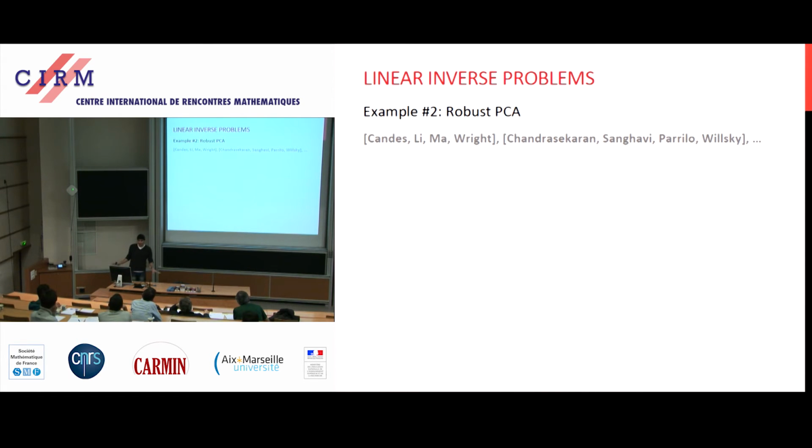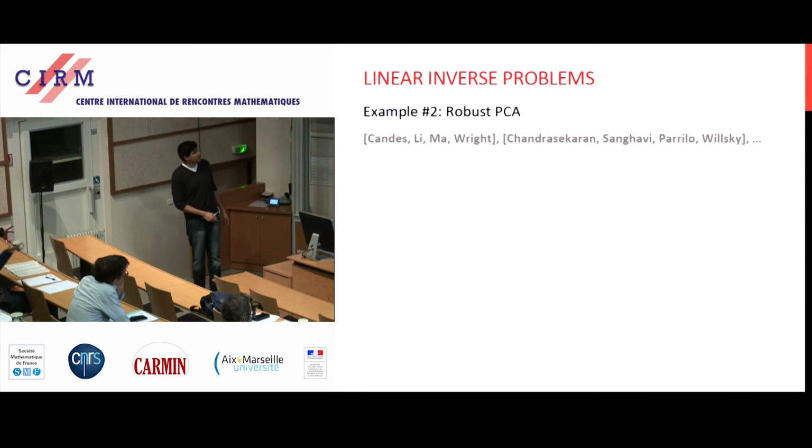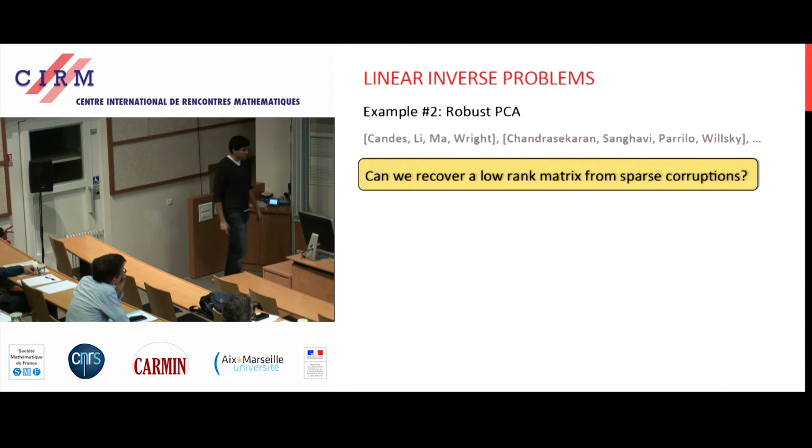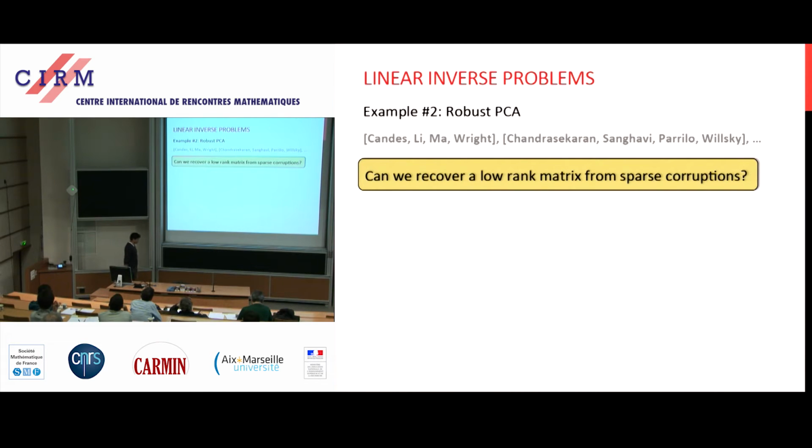I'm going to quickly tell you at a high level about where some of the other threads go for linear inverse problems. There's a lot more you can do. One of my other favorites is robust PCA, which is going to sound a bit similar, and I'll just describe it at a high level to keep things not too bogged down. So the idea is, in matrix completion, we were given sparse observations of a low-rank matrix. A completely different line of questions is, what if there was an underlying low-rank matrix, you observe everything, but some random fraction, like a constant fraction of its entries, were completely corrupted by an adversary, and you have no idea